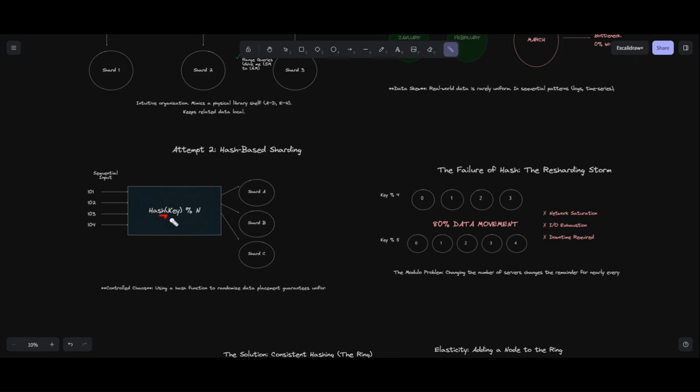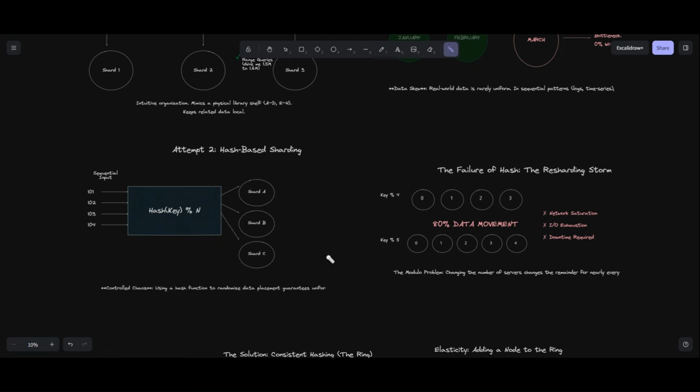The hash function acts like a dealer in a card game, shuffling the deck and dealing the cards out. One for you, one for you, one for you. This guarantees a uniform distribution. It doesn't matter if everyone's name starts with S, the hash of Smith and the hash of Stevenson will be totally different numbers. This solves the hotspot problem. All your servers will be equally busy. You have achieved true load balancing.